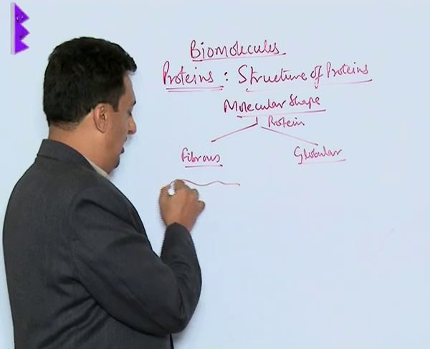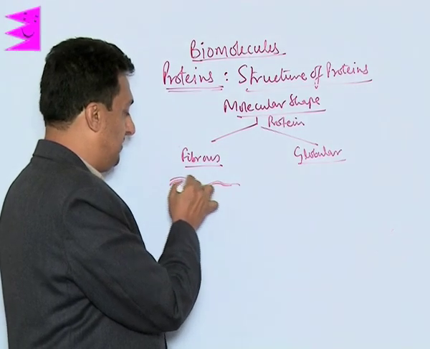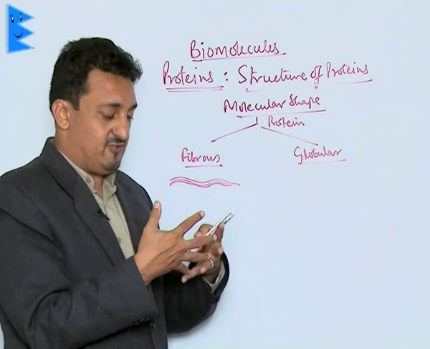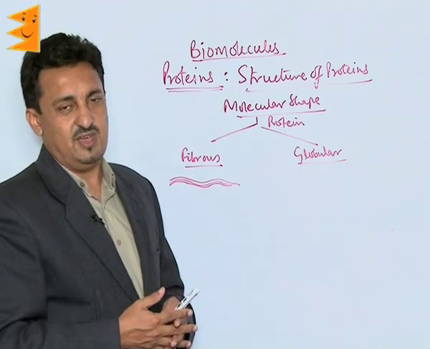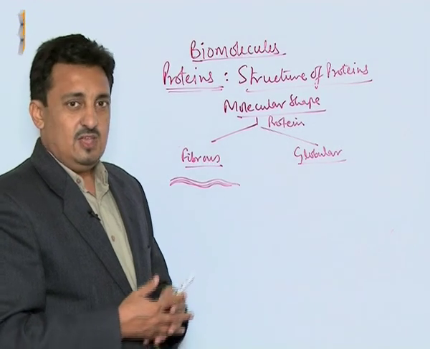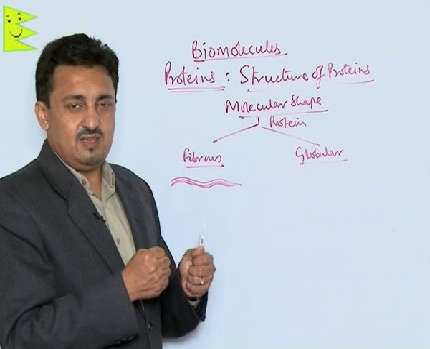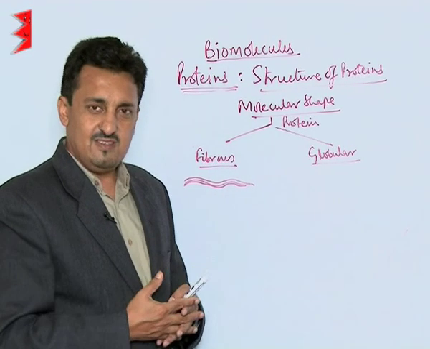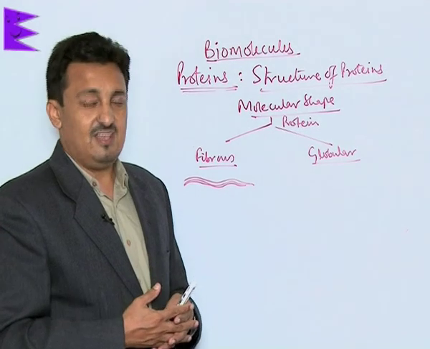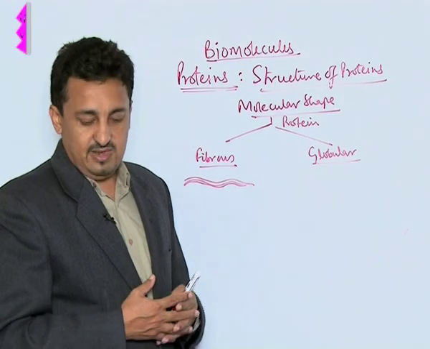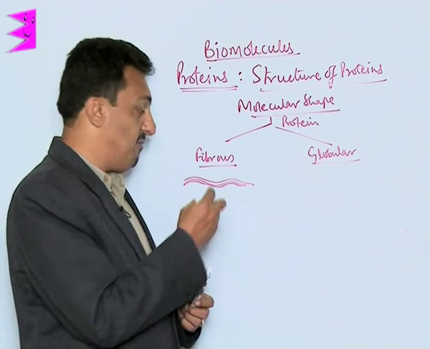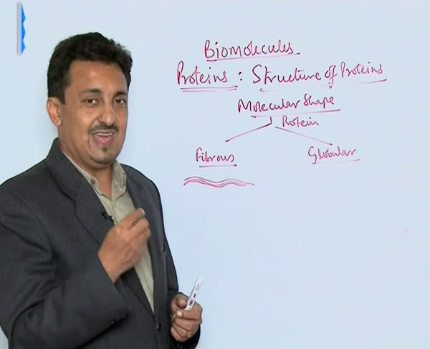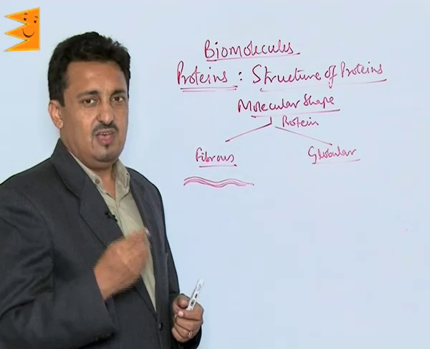Fibrous proteins are long linear polypeptide chains which are held together by strong hydrogen bonds and disulfide linkages. Because they are held by very strong linkages, they have very high tensile strength and are water insoluble in nature. They are fiber-like, that is why they are called fibrous. The main examples of them are the keratins, which are there in our hairs, or myosins, which are there